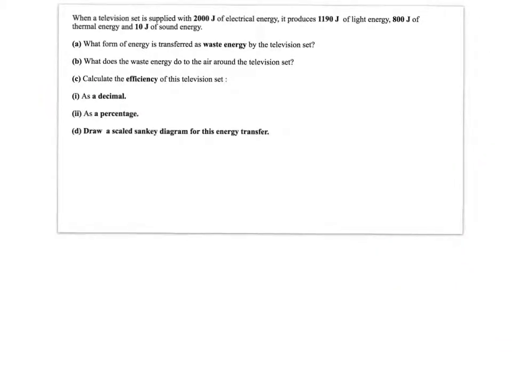So we have a television set here which is being supplied with 2000 joules of energy. It is producing 1190 joules of light, 800 joules of thermal, and 10 joules of sound. If we think about what our useful is going to be, we need a TV to make light so that we can see the image. We also want to be able to listen to what the television broadcast is about, so we want the sound. And the waste here is going to be the 800 joules of thermal energy which is being produced. So that's going to be the heat,